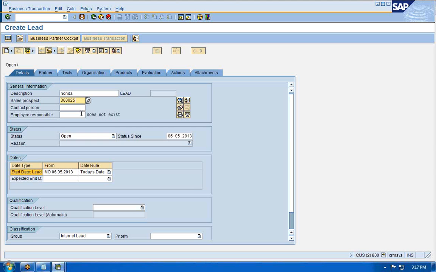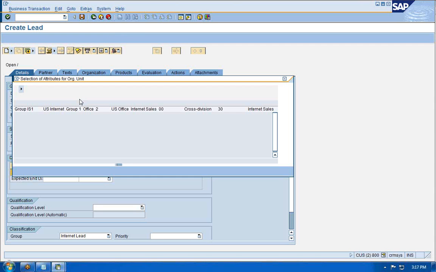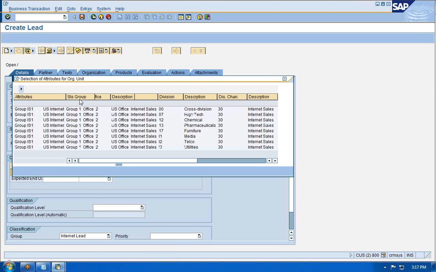Okay. So here I am maintaining some prospect ID I took. Here I am taking employee responsible, user I deleted. I just pressed enter. System asking